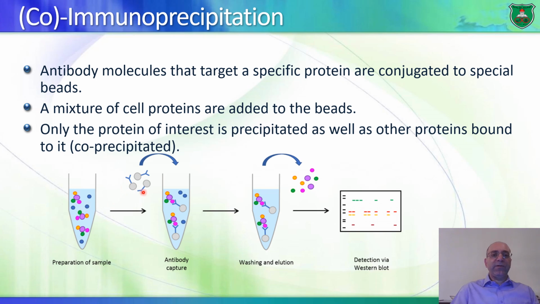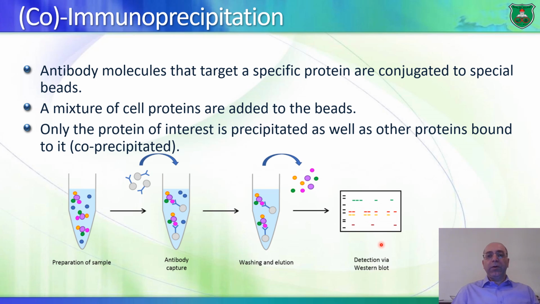So here we have the antibody. The antibody binds to the protein of interest. Now, it pulls down the protein of interest that is now bound to the antibody, as well as all of the other proteins that are bound to the protein of interest. We remove all of the other proteins that are not bound to the antibody, and we can take our sample and we can study it by